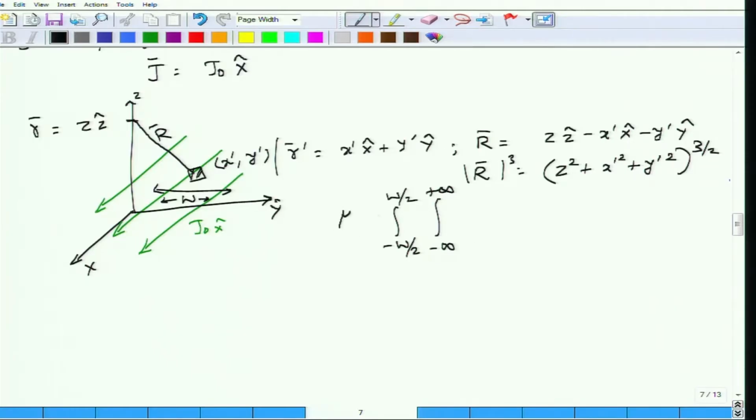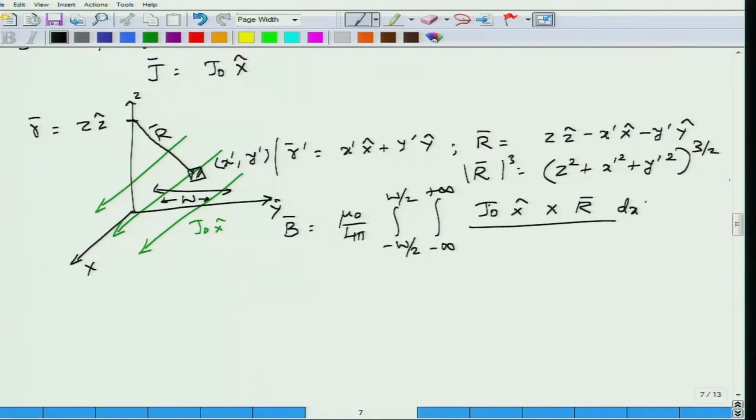This mu 0 by 4 pi is going to be a constant, so I can push it outside. Inside, the current element itself will be along J0 x hat, and x hat cross this r vector